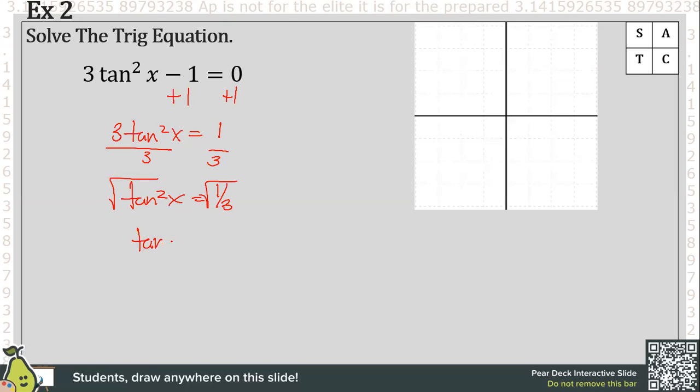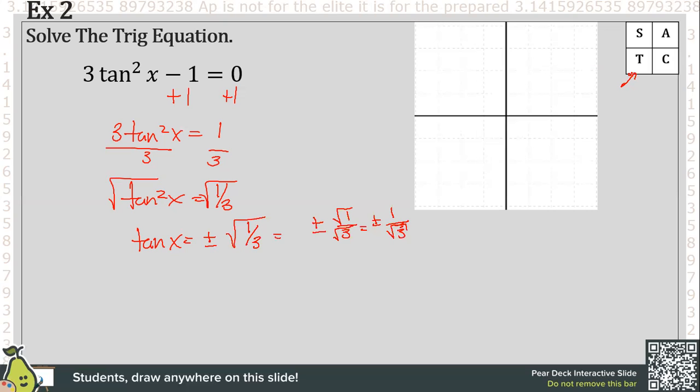So tangent x is equal to plus or minus the square root of 1/3, which is the same as plus or minus 1 divided by the square root of 3. Okay. Now, this one is going to be a little bit trickier. As much as I want to tell you, hey,